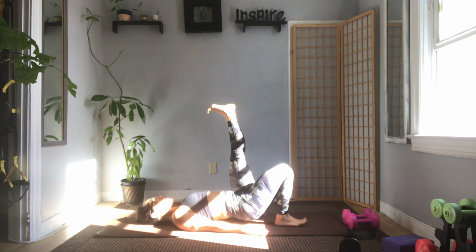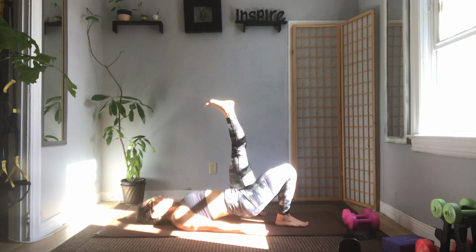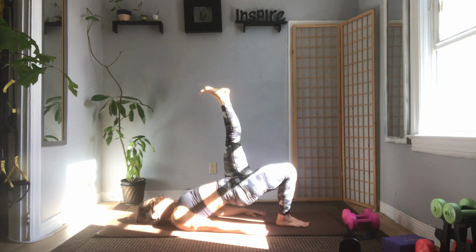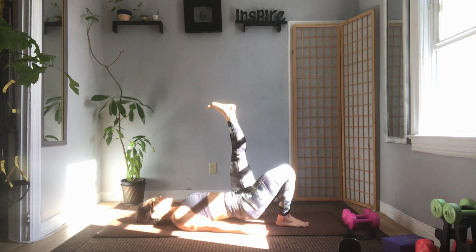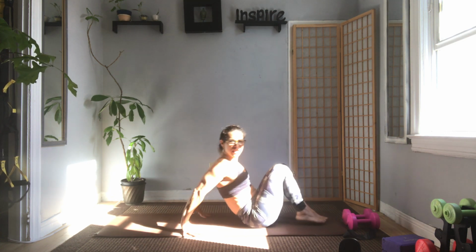Inhale, lower, exhale up. 10, 9. Make sure that you're really active in that left leg, so you're pushing like you're trying to step the heel on the ceiling. Don't let the right knee wobble. 5, 4, 3, 2, last 1. Hips down, knees to chest, hands behind the knees, roll forward, plant your feet, take your hands